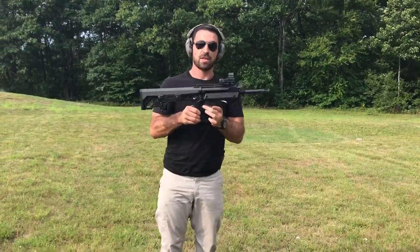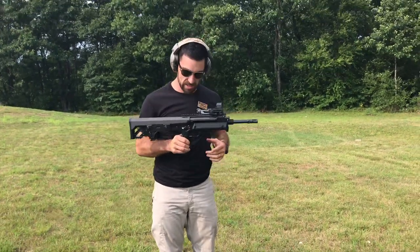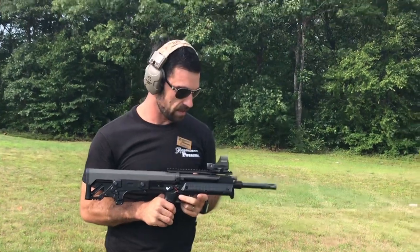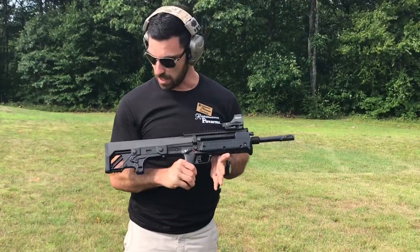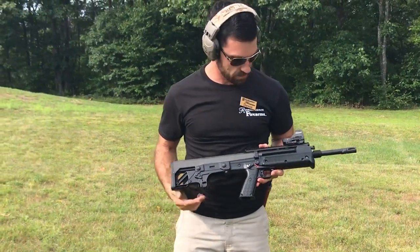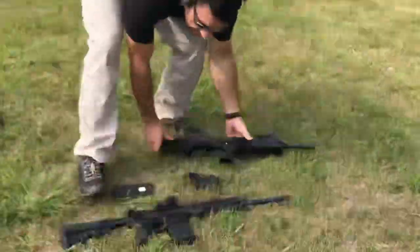On the Kel-Tec, the trigger is much better than the SIG. The SIG just has a standard GI mil-spec trigger. The trigger on the Kel-Tec is much nicer. It's a cleaner break, lighter poundage, and I like the fact that this takes AR or M1A mags. So that's my review of that. And then to compare,